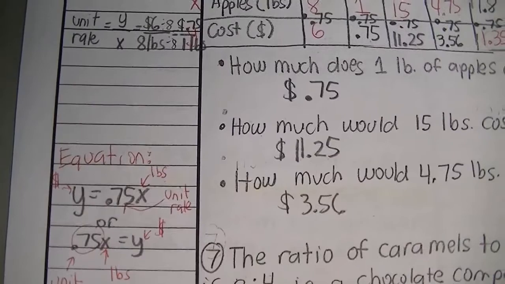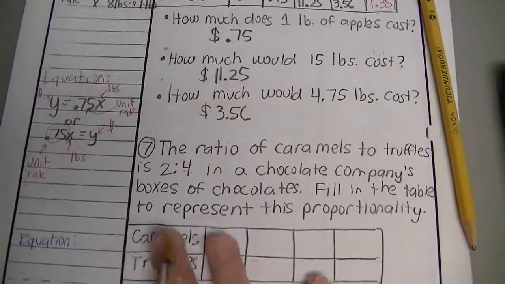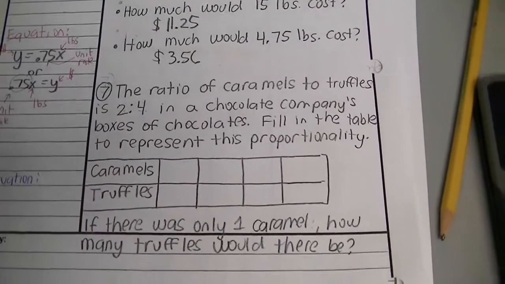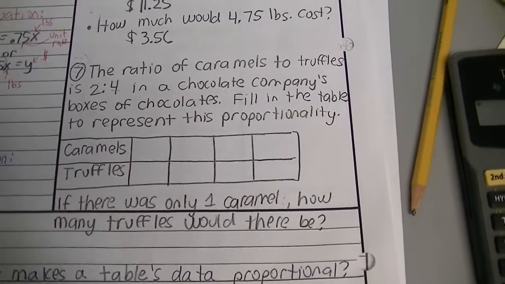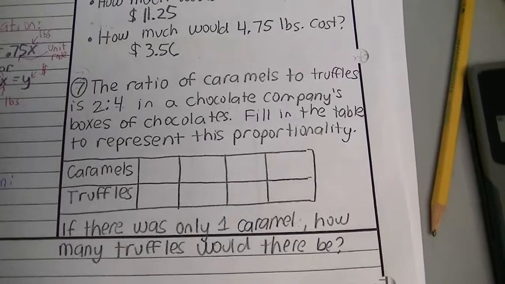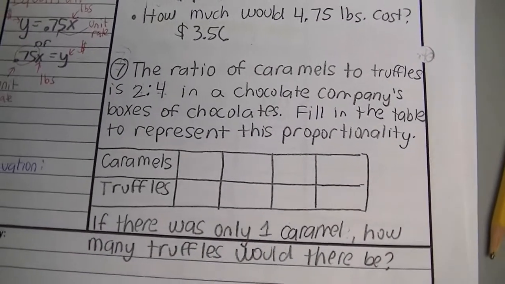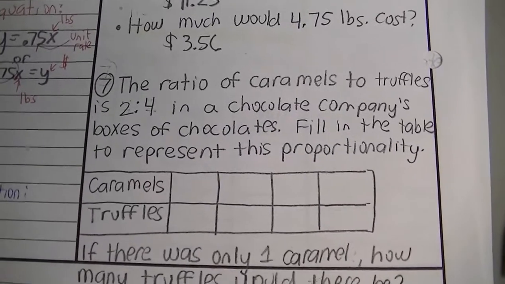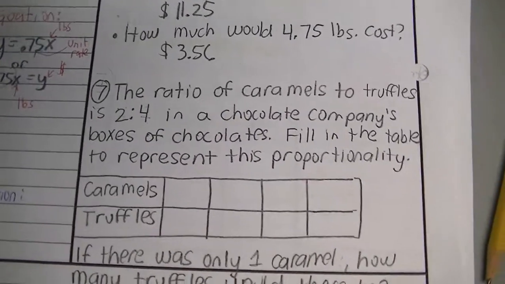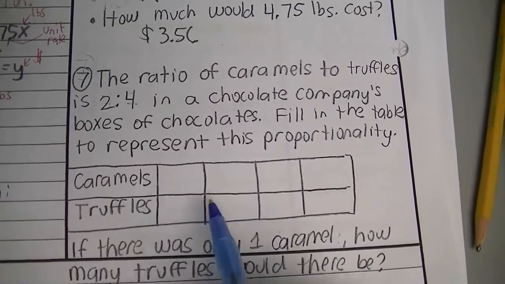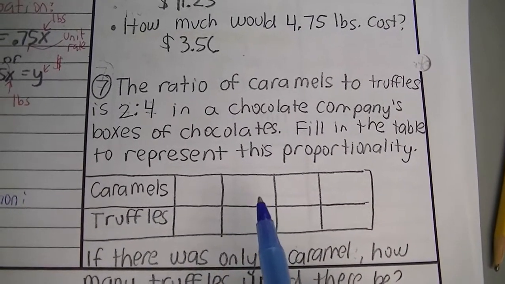Okay? All right, so for number 7, the ratio of caramels to truffles is 2 to 4 in a chocolate company's boxes of chocolates. Fill in the table to represent this proportionality. So it's implying right there that this is a proportional relationship. I see the word ratio, I see the word proportionality. So I know that this is going to be a proportional table, and what you should know about proportional tables